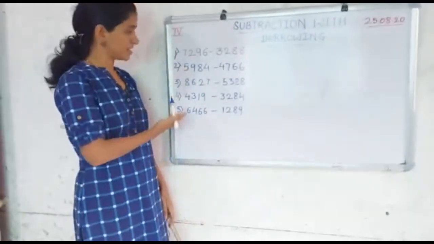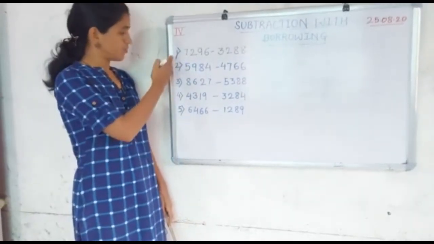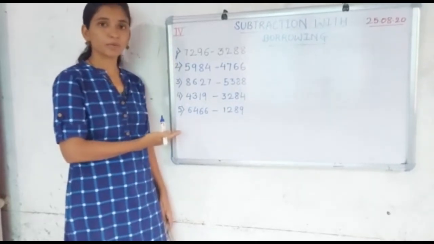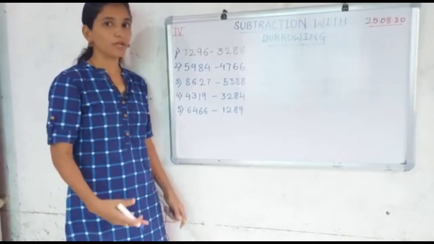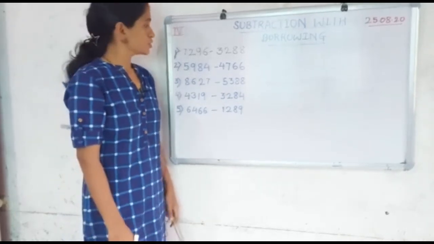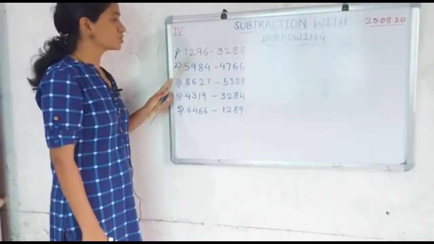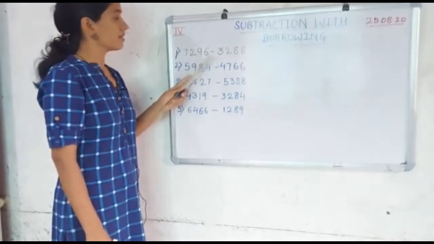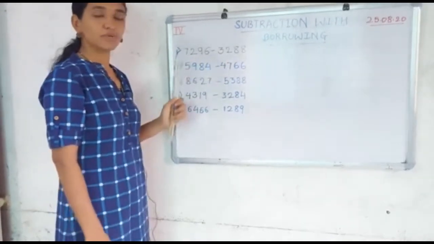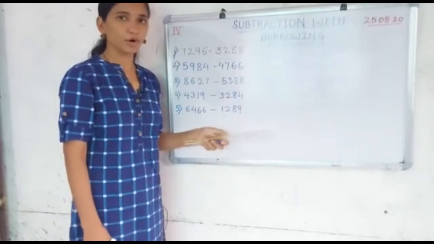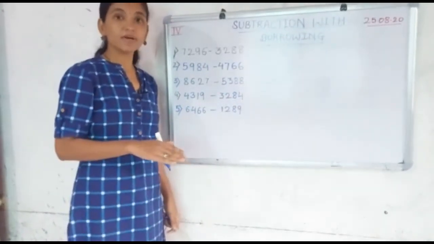So here I have written 5 examples of subtraction problems, and one by one we are going to solve them, and let's see how borrowing works here. So the first example is 7296 minus 3288. So first we will write these numbers in a vertical form, and